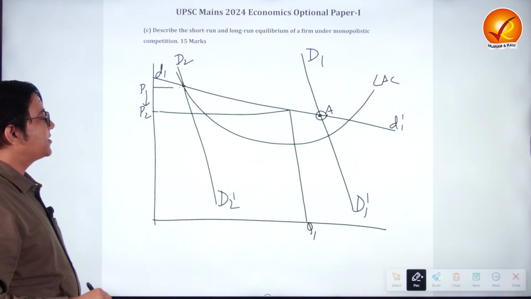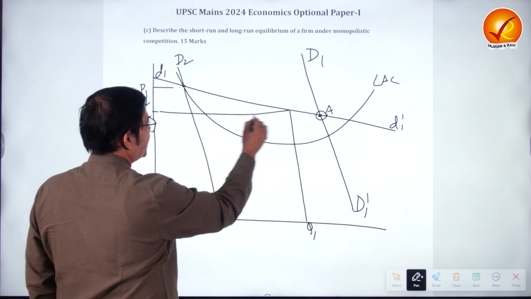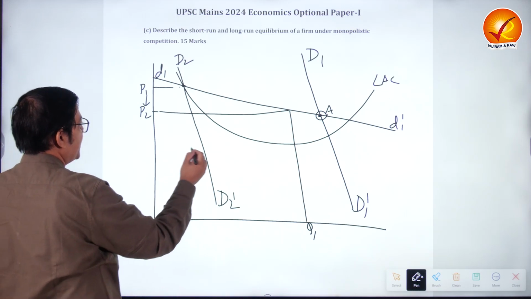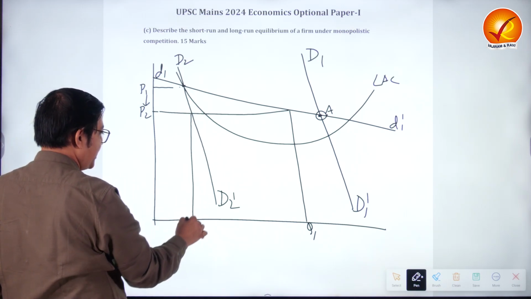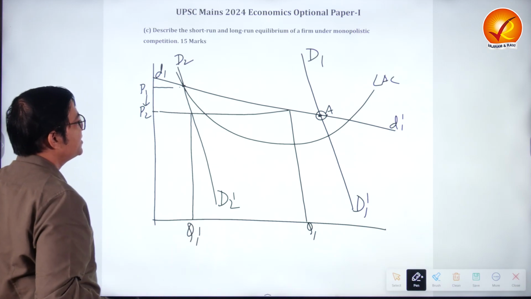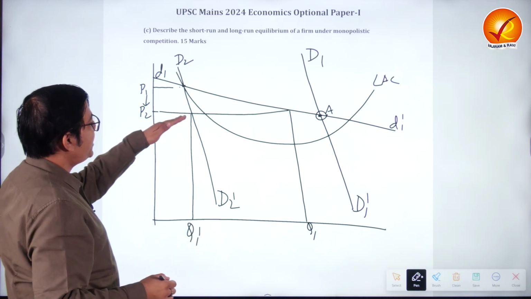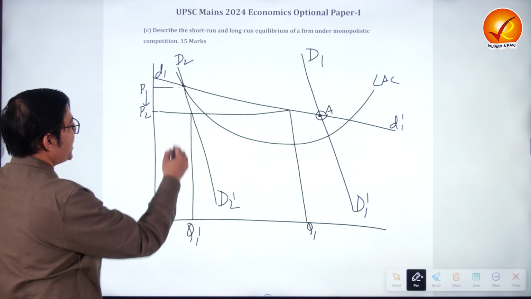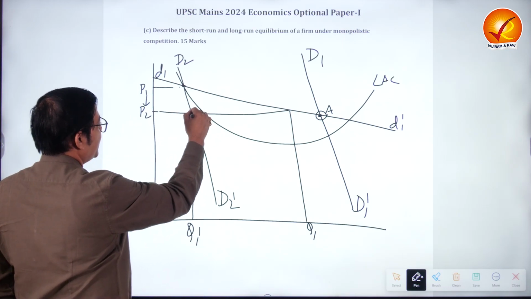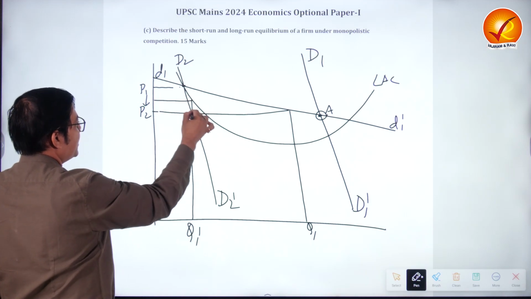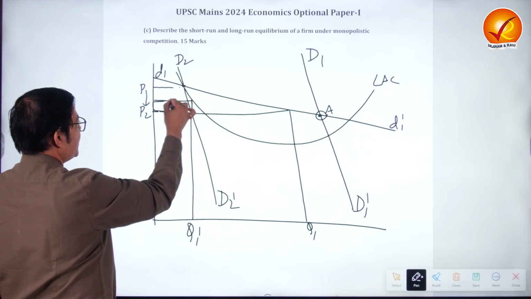Remember, we did it in the first part also, that there is a perceived demand curve where the firm hopes to sell a relatively higher amount, but it will end up selling only less, call it Q1 dash. Okay, so what will happen? It didn't get the actual profit, rather it will end up in loss. You can see at Q1 dash, the cost is higher than the revenue, and